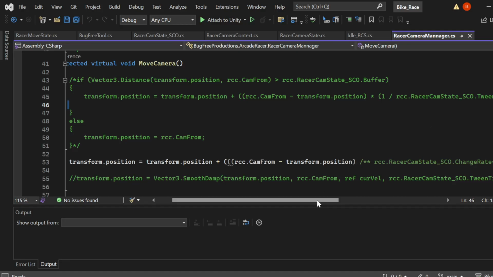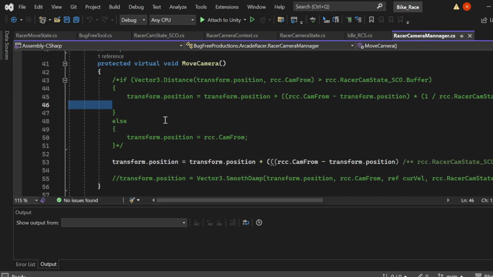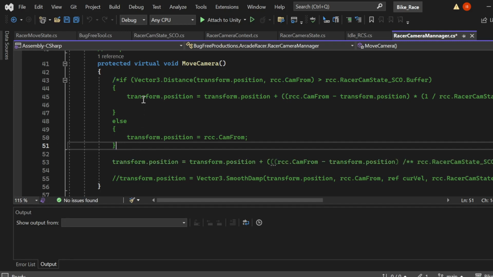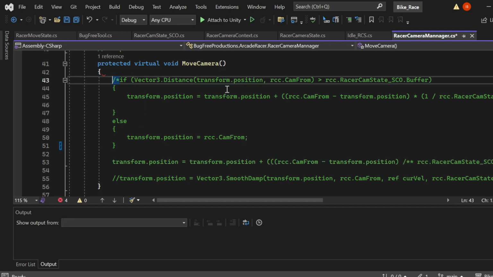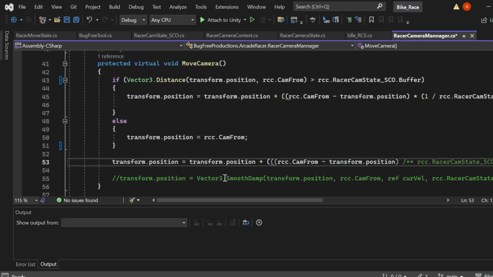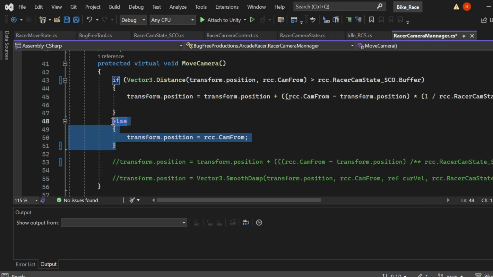delta time, which is also a rate of time. So I had this in an if statement, so it only moved if it hit outside that buffer, right? Well, we could probably use that and just delete that out and comment this line out. And that would be fine. I don't really need this else, so I'll probably comment that out. And